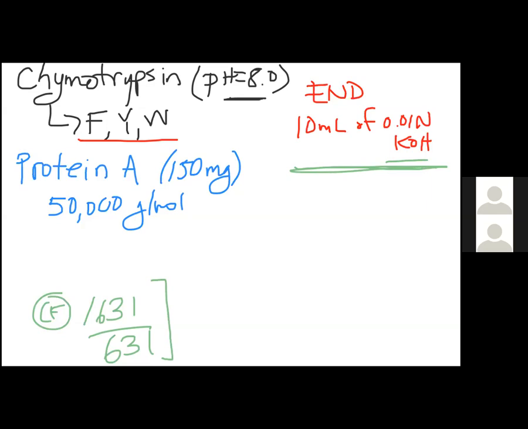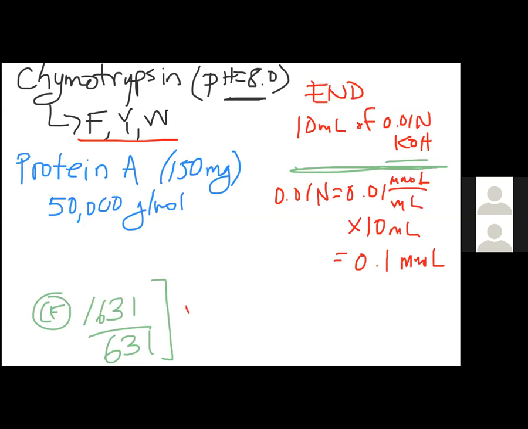So 10 mils of the final amount of the titrant that we added. Let me change the color on this so we can keep track of where everything is coming from. 0.01 normal of the titrant, potassium hydroxide, is the same as 0.01 millimoles per milliliter. And that times 10 milliliters gives us a total amount of titrant added to the experiment of 0.1 millimoles. But that was the amount of titrant added to neutralize the protons from those titratable peptide bonds. We need to account for that with the correction factor. So when we take 0.1 millimoles of peptide bond cleavages times the 1631 over 631 correction factor, we end up getting